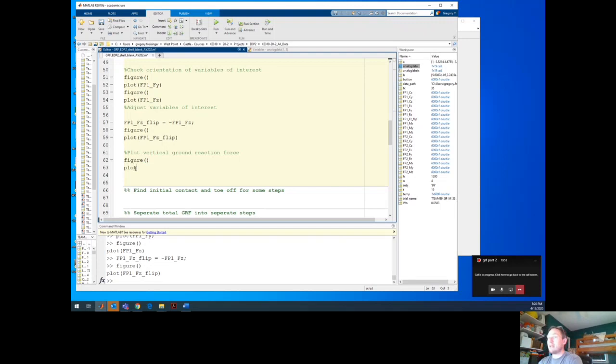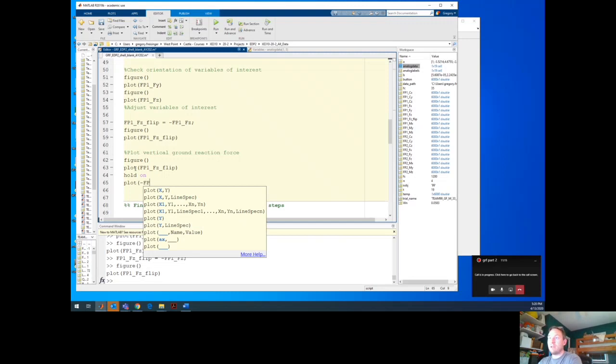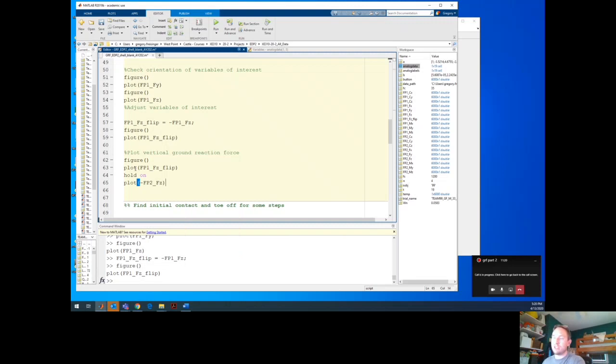And let's say we want to plot FP1 underscore FZ flip. Okay. That's what we just plotted before. But I want to plot more than one thing on there. So I'm going to use this code called hold on. And then I want to plot negative FP2 FZ. So this is doing the same thing. I'm just doing it in line. I'm not making a new variable right now. I'm just saying it's negative,